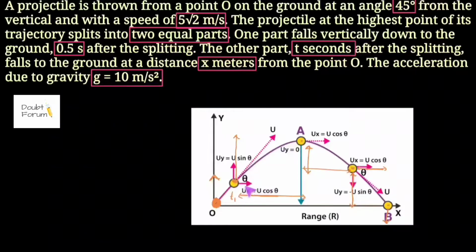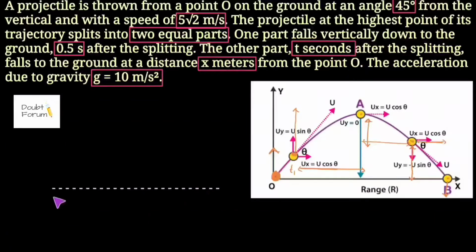Moving to the x component, as we can see, throughout this projectile motion, the x component of the velocity would remain constant. It will not change. The direction as well as the magnitude of the x component of the velocity will remain constant. So after knowing all this, let's draw the diagram for this question.